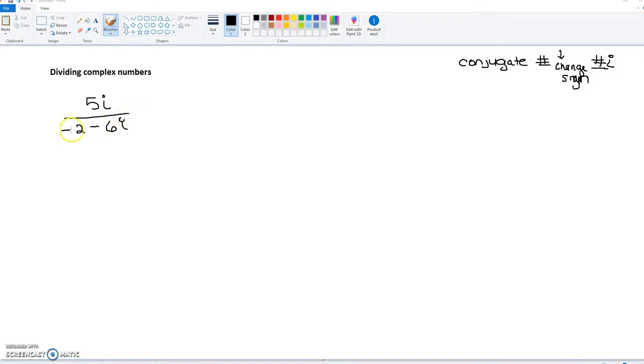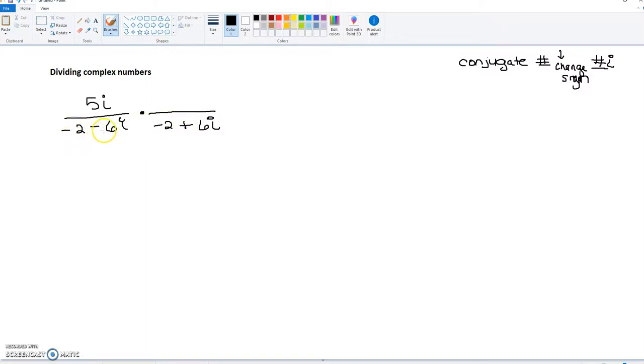So what we've got to do is take this bottom part and find the conjugate, and we're going to multiply it to this. Okay, so our conjugate, remember, is that we keep the first number. So in this case, we're keeping the -2. We're changing the sign that's in the middle. So since this is a negative, we're going to put a positive. And then we put the 6i afterwards. Okay, so this is the conjugate